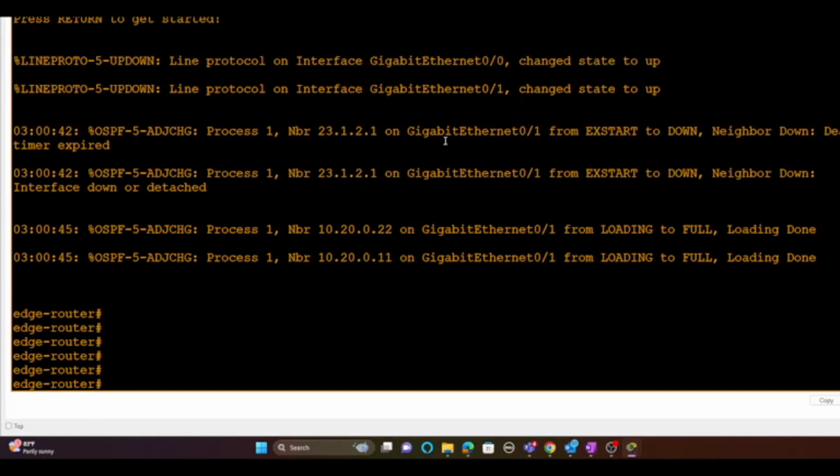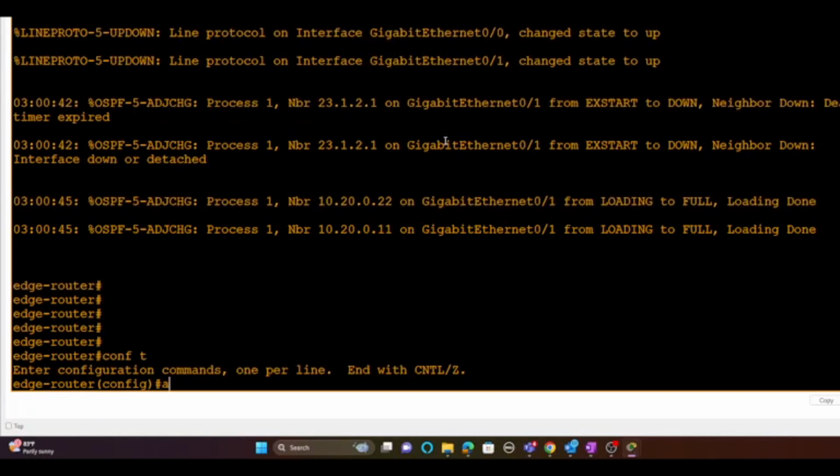And you don't just have to use ACLs to identify traffic when you're configuring NAT. Also, when you're configuring QoS or route maps, these are all times that you can use an ACL to identify the traffic that you want to apply that service to. So today it's NAT, like I said, so we'll just go into config mode,